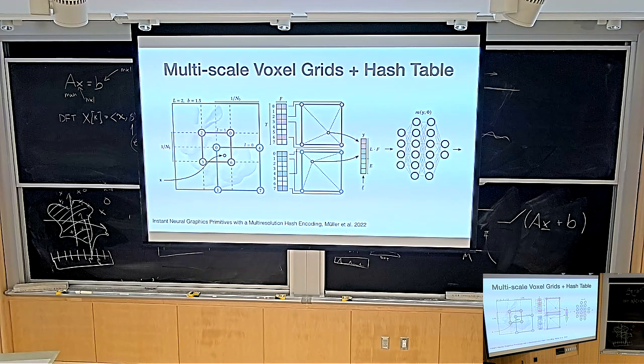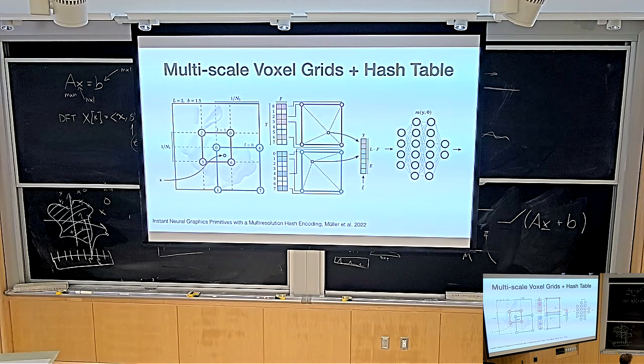Well, what could you do? You could use a 3D hash function. You take a 3D coordinate, you hash it like a classical hash map, and your hash map just stores lots of feature vectors. You take a 3D coordinate, hash it, get a feature vector, and that's also one of the inputs that you throw to your neural network. So you sample your multiple resolutions of voxel grid, and then you also sample your hash function, concatenate that, and throw it into the neural network for good measure. And that's what this paper here did.